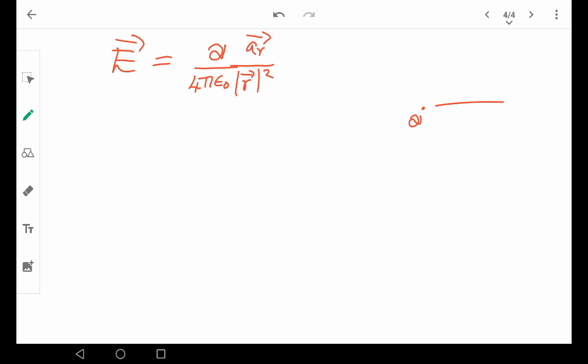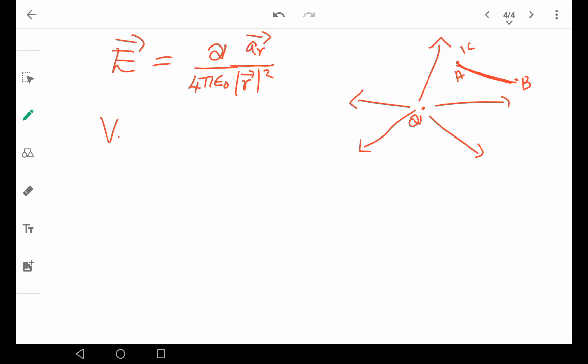You have an electric field due to Q, and you have 2 points A and B. And I want to move a unit charge from A to B. So you can write the expression for this as